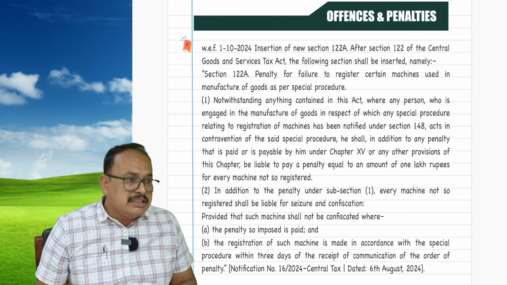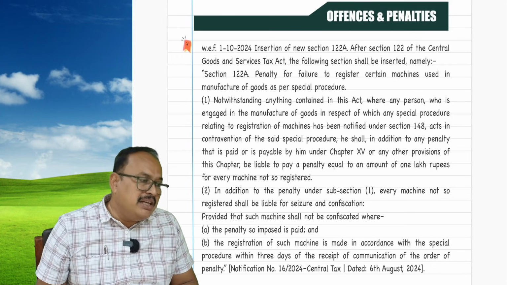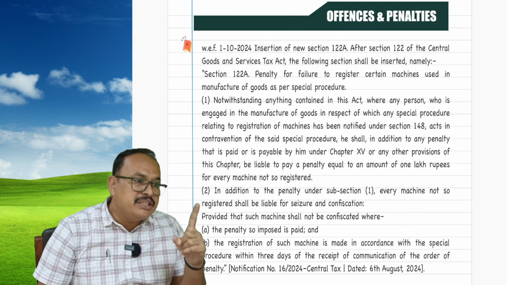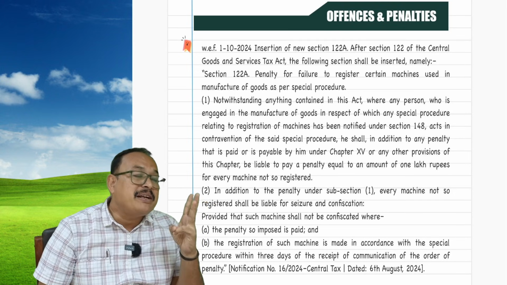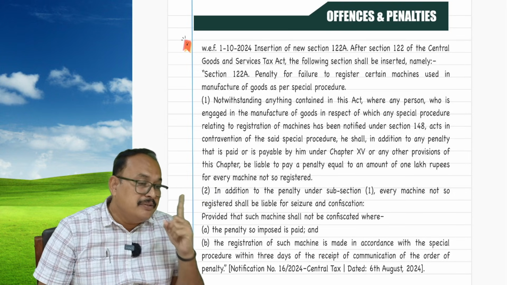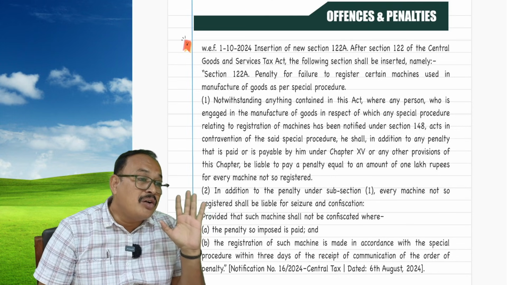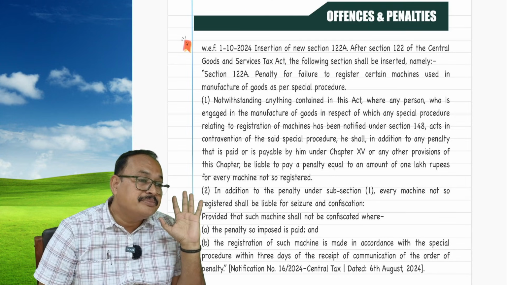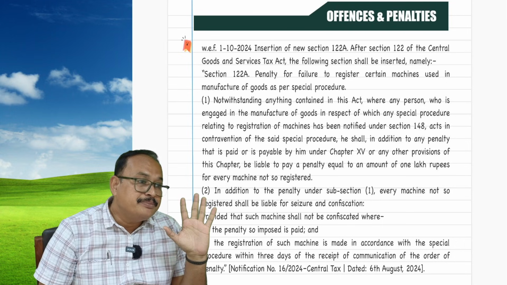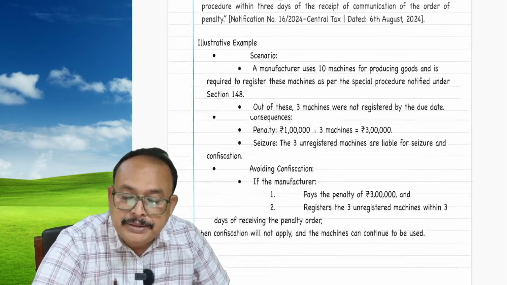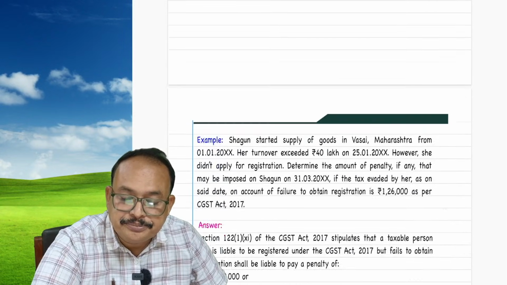If not registered within the time specified, a penalty of up to rupees 1 lakh per machine has to be paid within 3 days from the date of the order being passed. If not, the goods are liable for confiscation. Get my point, sir? Penalty of 1 lakh per machine. Further, my dear sir,